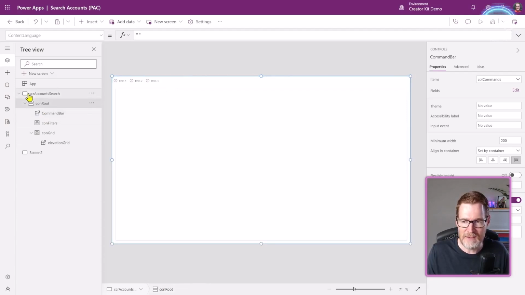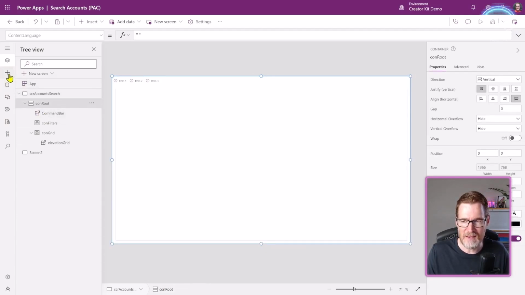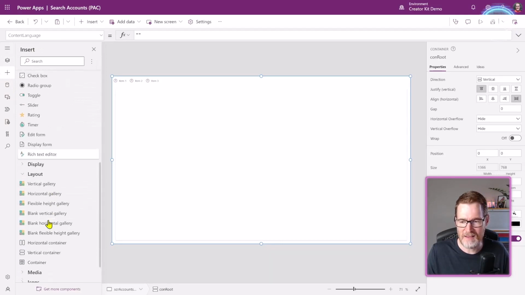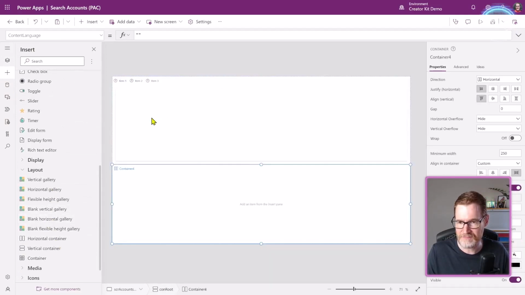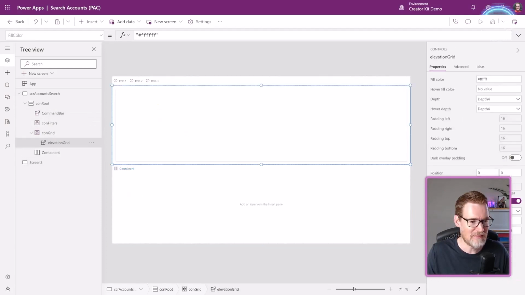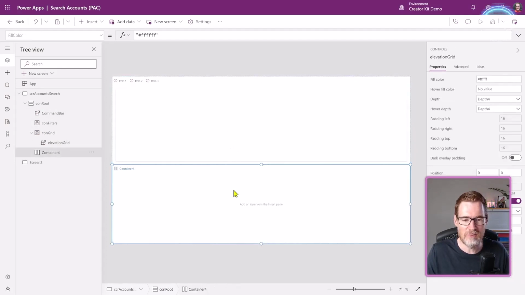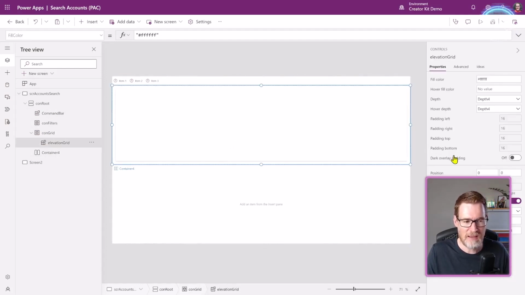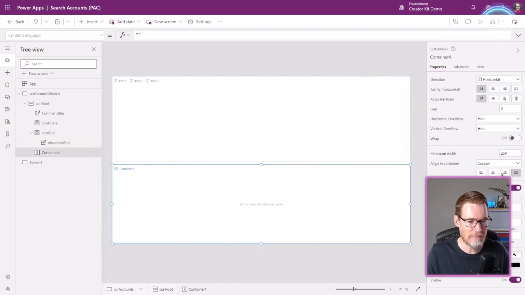So if I add in another container in here, let's just say add in a horizontal container like this, you can see now that what we've got is another container placed underneath our grid container. Now, what you'll notice is that there's something special about this, because it's just filled about half of the space available. And that's because if we look at the component properties for this lower container here, and we look at the height property.